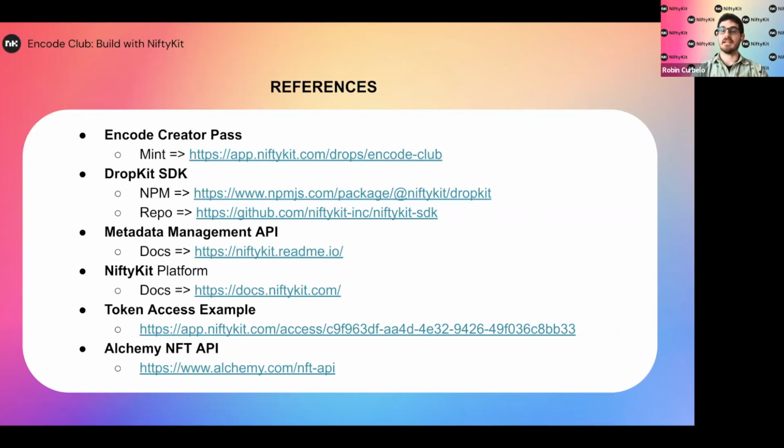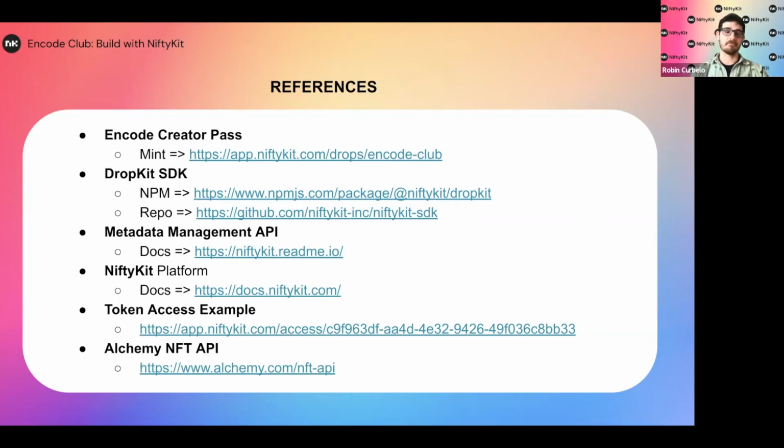You can go and see our repo for the Dropkit SDK, and you can see how we not only use our smart contracts, but also how we expose all the functions so you can use it without having to use the ABI of the contract. The metadata management API. So this is our festival API where you can basically modify, add, delete, and change any